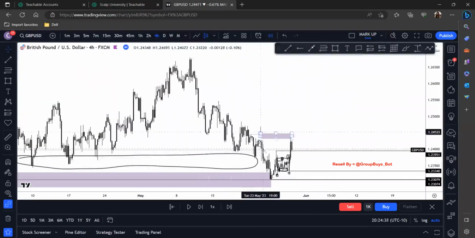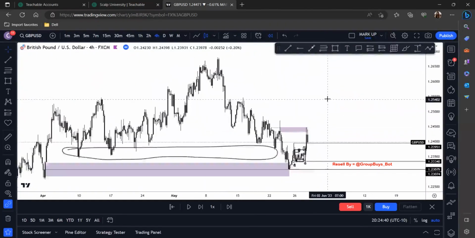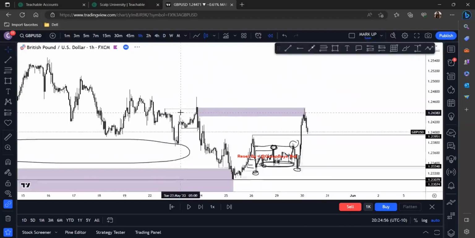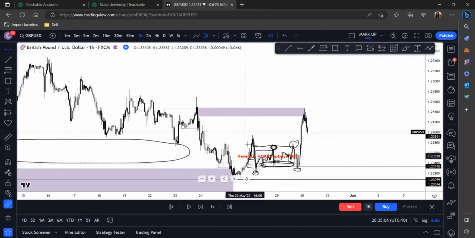And you see how many moves we could have caught within this, so many moves. Once price tapped this 4-hour POI, we could have caught a nice scalp move right here. We could have caught it to this side. Well, not the whole move, okay? We could have just caught it halfway. We could have understood that there was a break of structure in the 1 hour. Once we saw that break of structure in the 1 hour here, we could have capitalized on that. Took some sells here, right? And then when price came back up, we could have taken buys to this area.